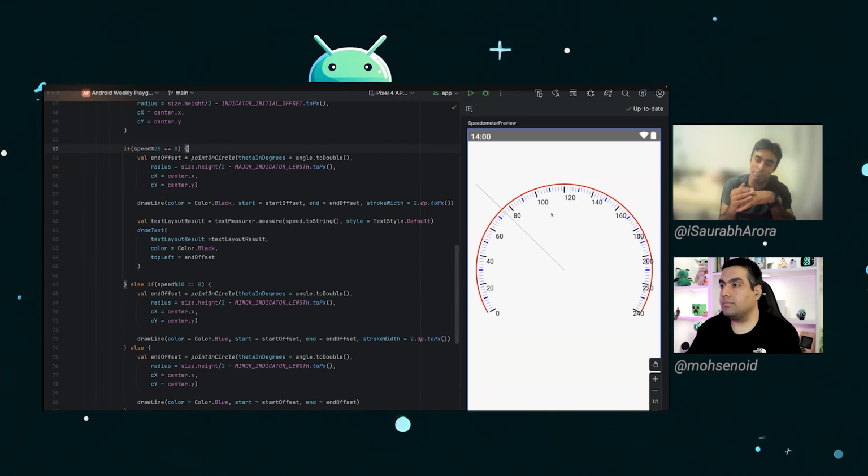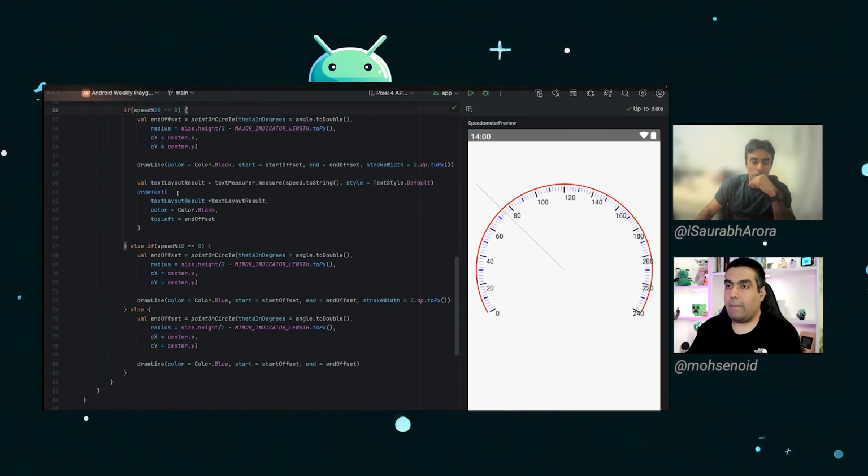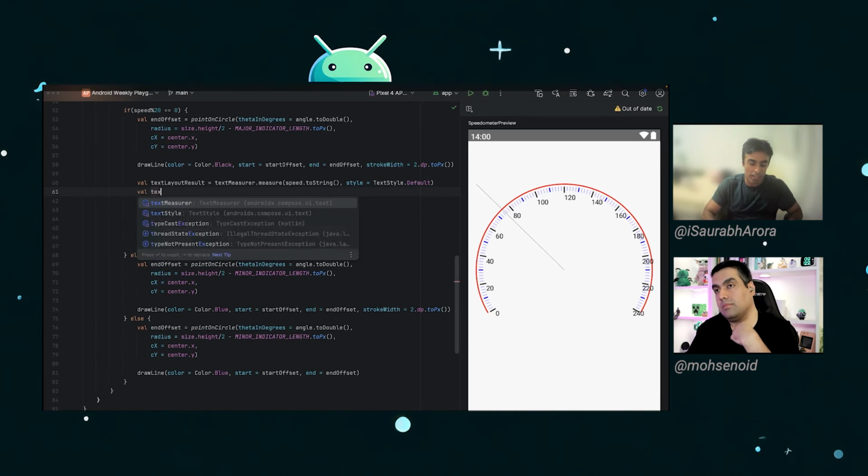And I feel that's because we are setting the top left of the text. So that's the point: top left of this text. What we want is for the top left of the text to ideally be the center of the text. Exactly. So what we could do is, using the text layout result, I actually have the height and width of my text. So what I could do is say, okay, my text height